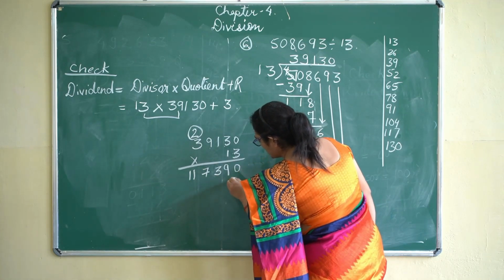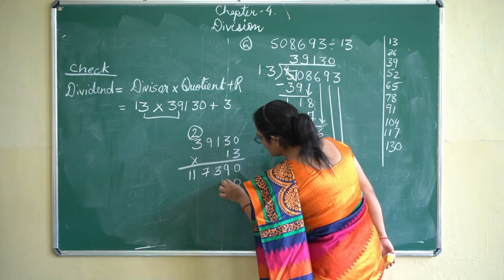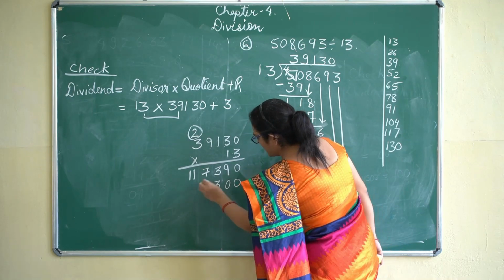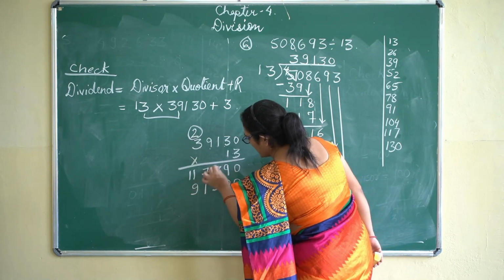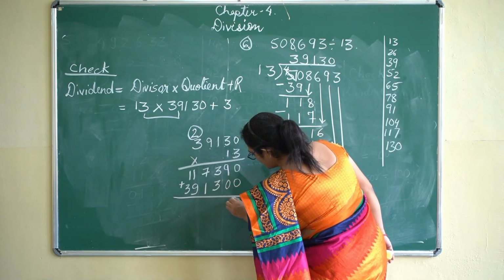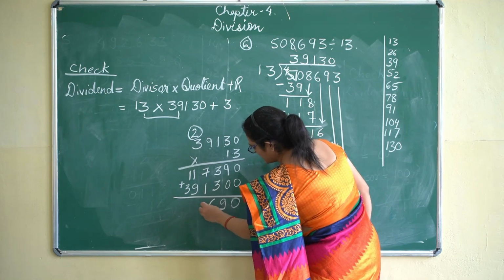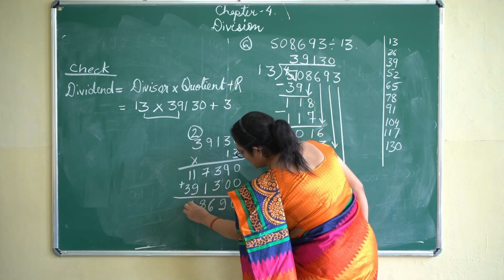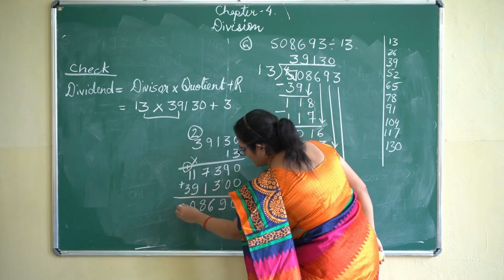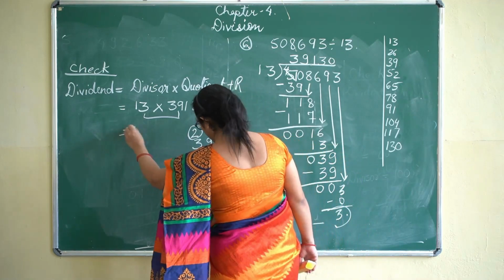We put 0. Now this 1 you have to multiply by all the numbers on the top. 1 0 is 0. 1 3 is 3. 1 1 is 1. 1 9 is 9. And 1 3 is 3. Now we will add. 0. 9 plus 0 is 9. 3 plus 3 is 6. 7 plus 1 is 8. 9 plus 1 is 10. Carry over 1. 3 plus 1 is 4. 1, 5. Okay. Now we write here.